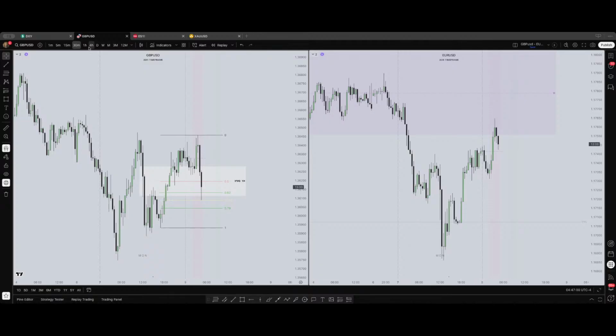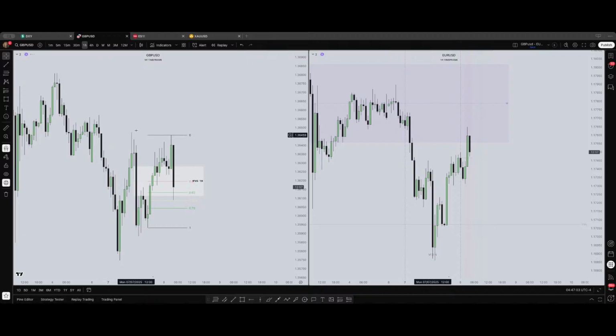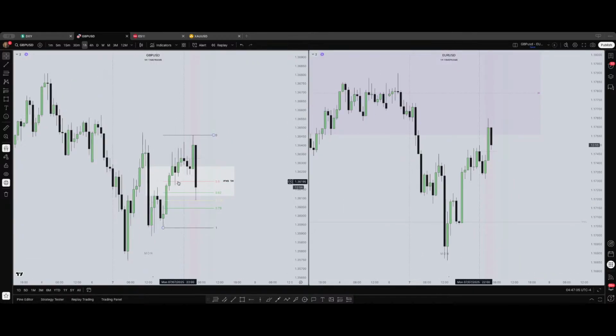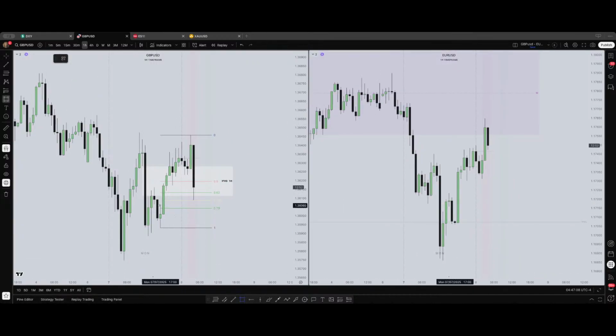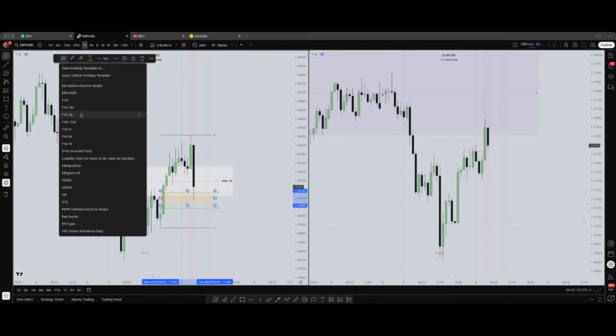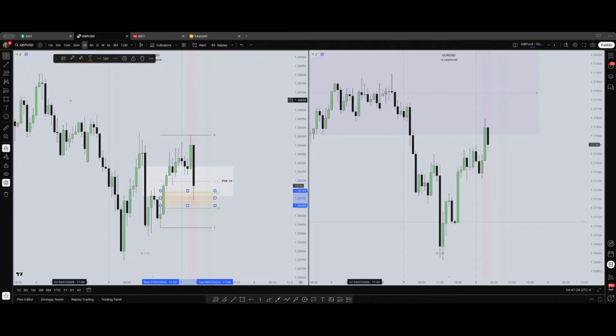You can see even more clearly in 1 hour, you have a fair value gap here, which price just rebalanced, not fully, but it's not necessary. Sometimes price just rebalances part of it and then rejects and continues, in this case to the upside. So this is an hourly fair value gap, which matches the optimal trade entry. So that was an interesting long.